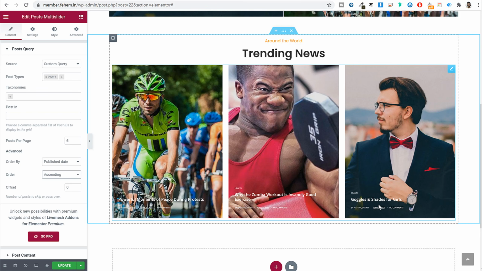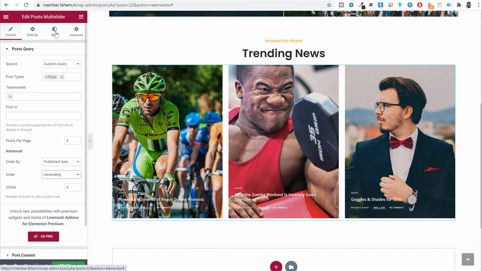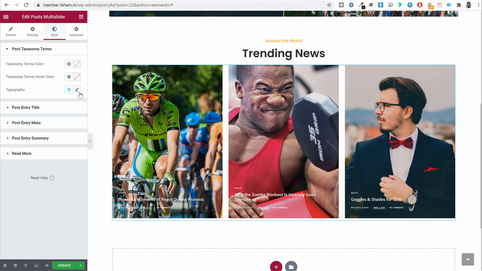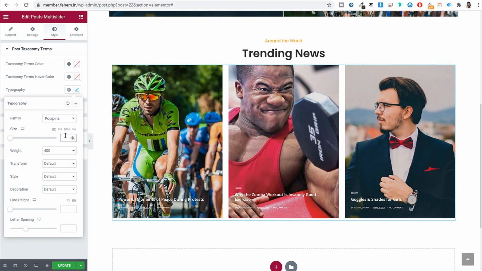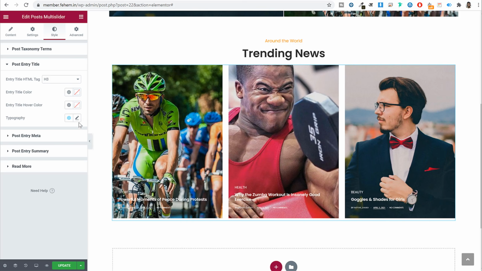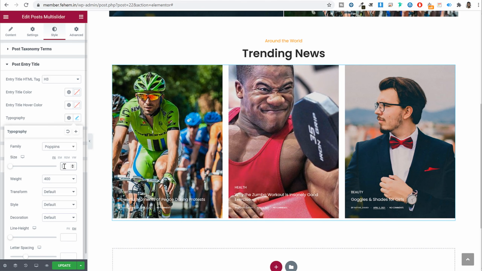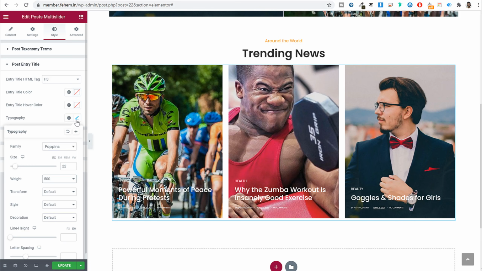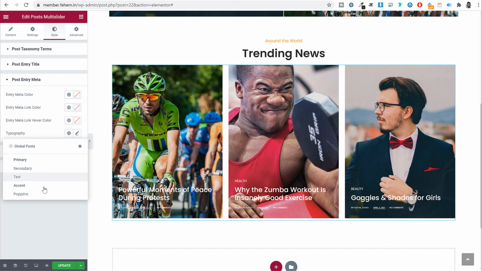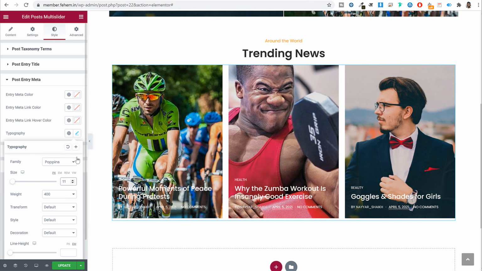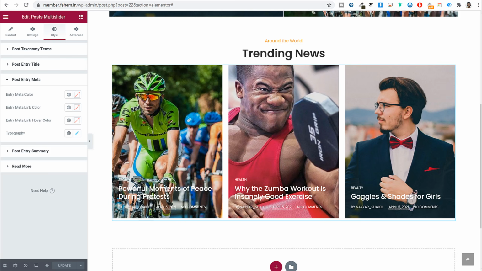Again, here also, if you see these text are looking very small, so you can increase the size. You can go to style, under meta description first, let's make it Poppins, and let's increase the size to maybe 11. Then we have the title, make it Poppins. Let's increase the size to maybe 22. 400 looks good, or if you want, you can make it 500 or 600 as well, just to make this a little bit bolder. And under meta also, I want to make it Poppins and increase the size to maybe 11 pixels. Looking good. Now click on update. Now this time we have to do one more thing.